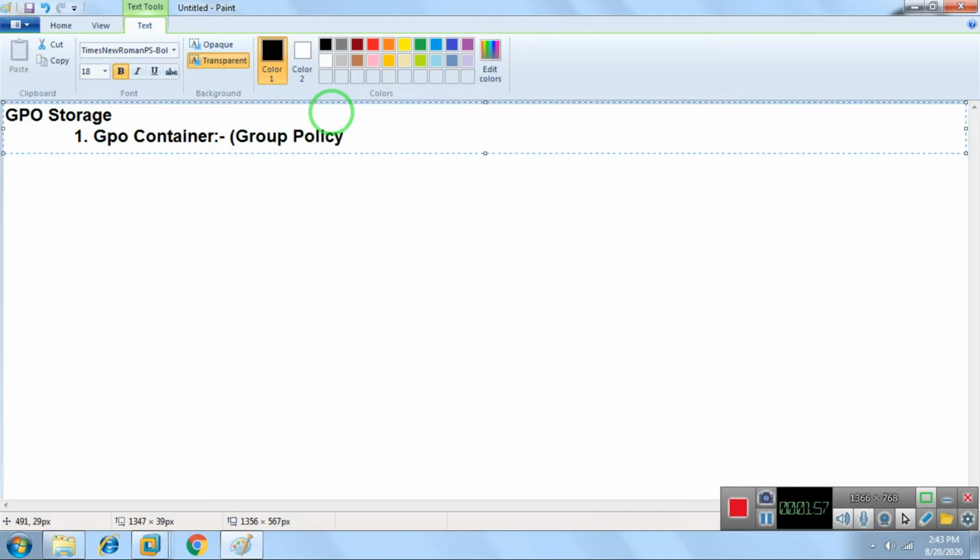Whenever you create any group policy, whether you create it manually or use the default group policies, all the group policies are contained by the GPO container. Fine. Number one. Number two,